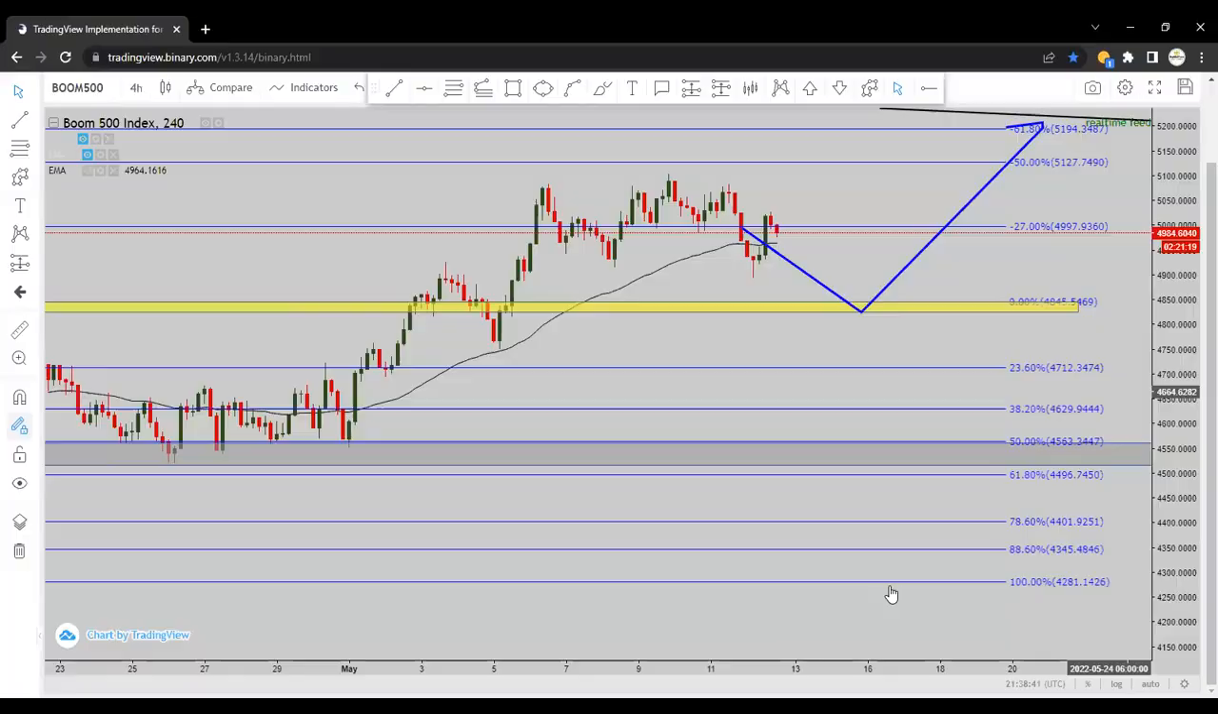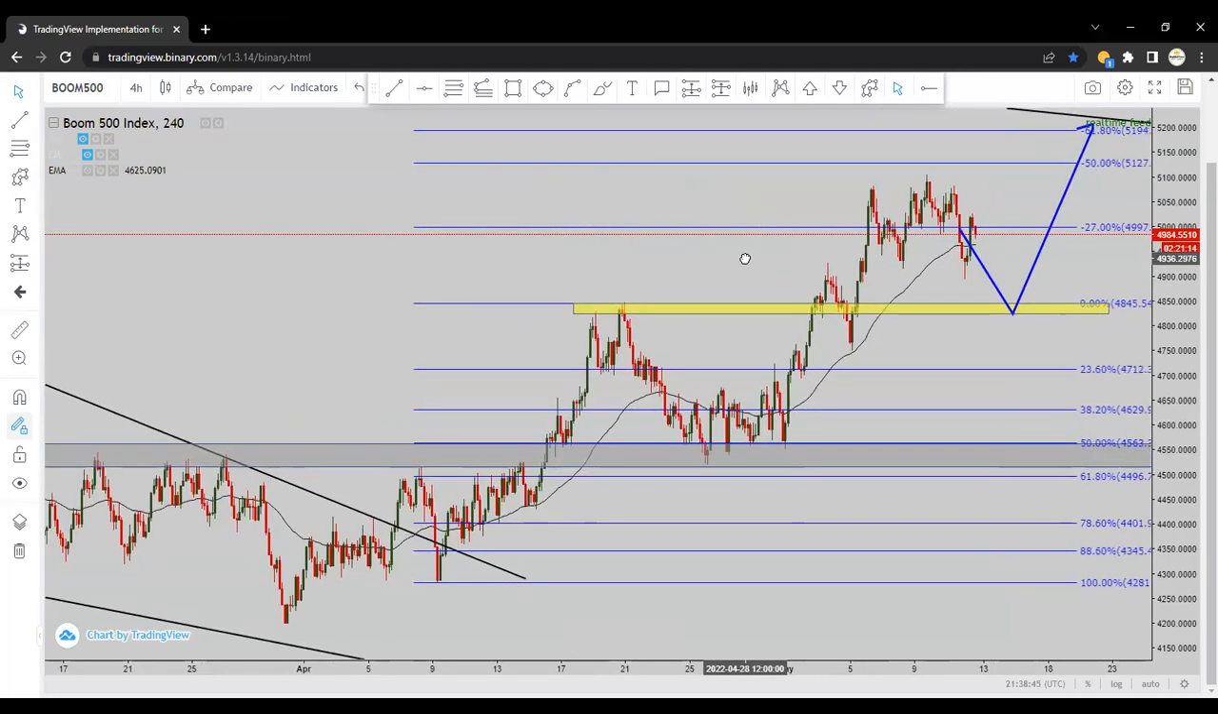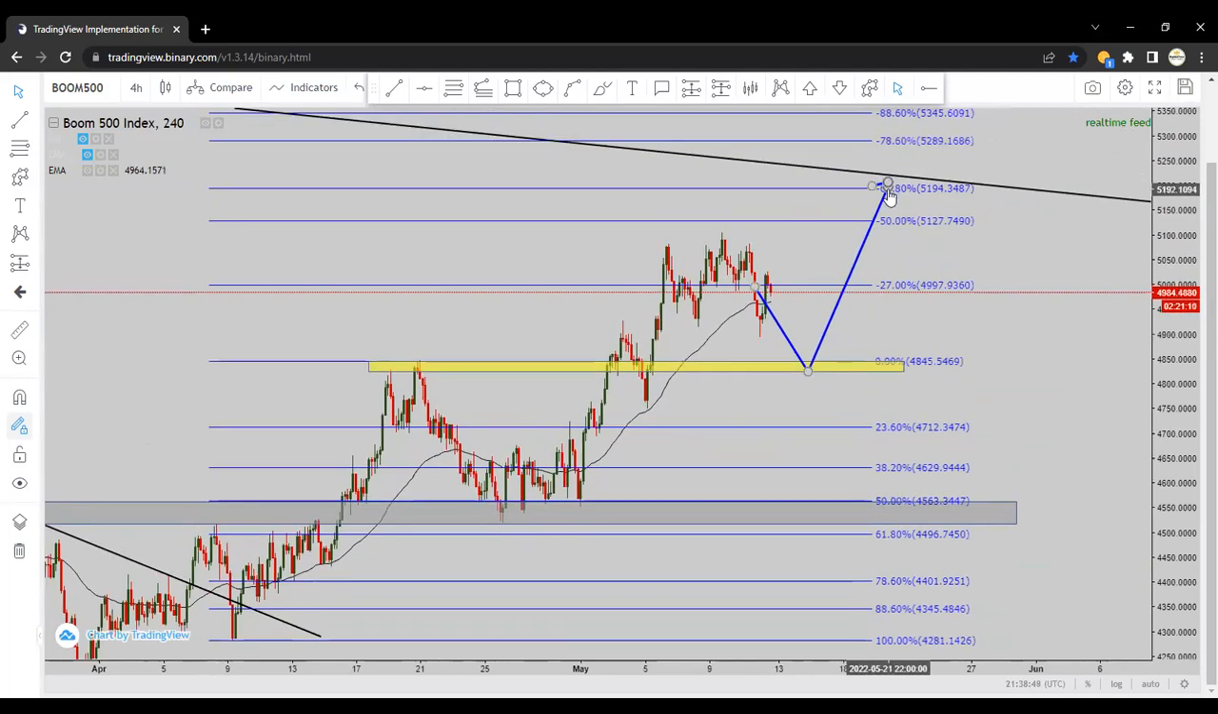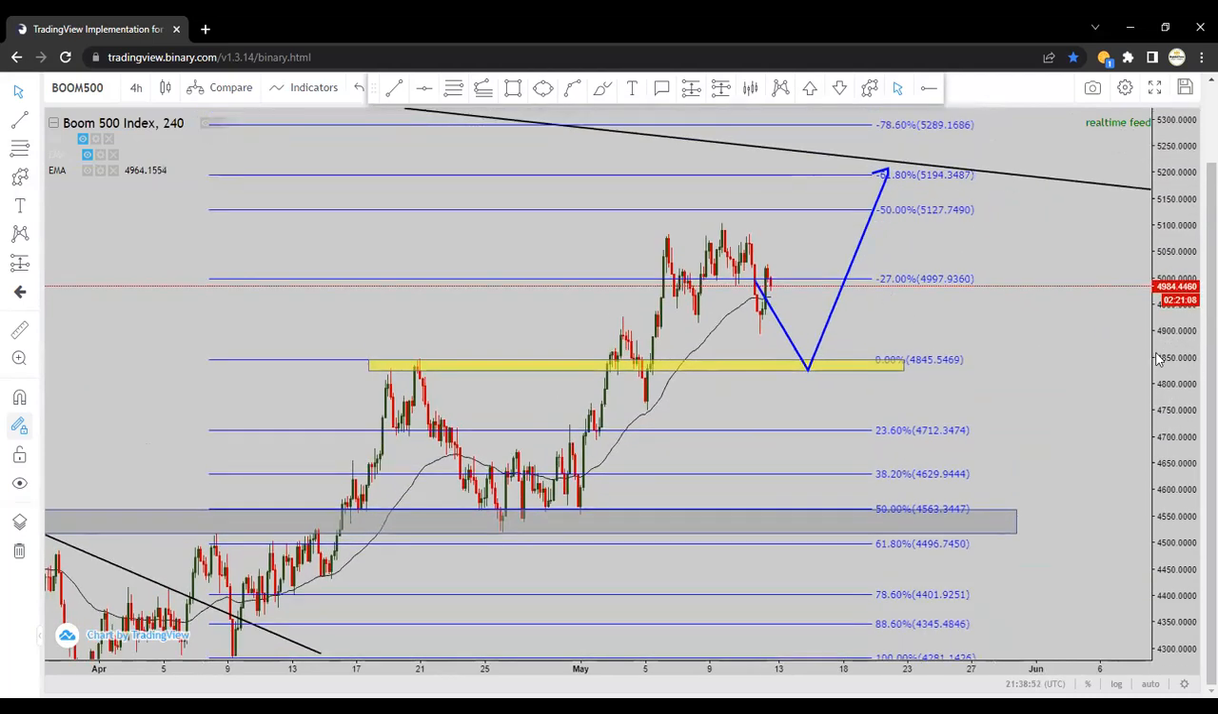So as I was saying, that is what I'm expecting on the Boom 500. I'm expecting price to come back and respect the 0% level, then continue going all the way up. So if you check what I'm saying,